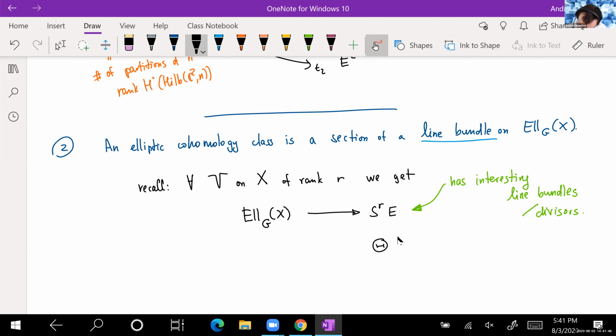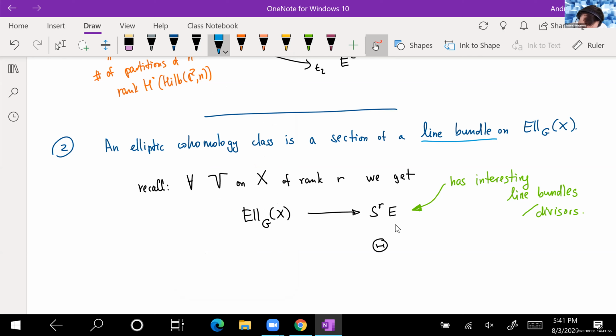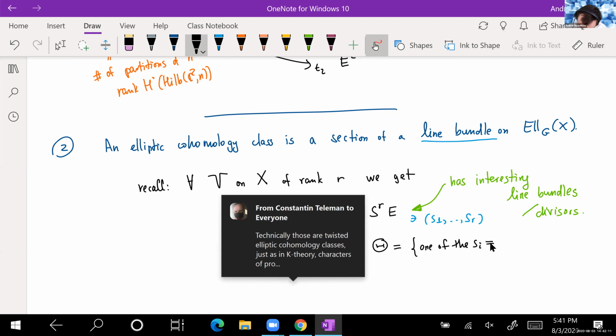So that's a divisor where the coordinates here are S1 through SR, and theta is the divisor where one of the SI equals